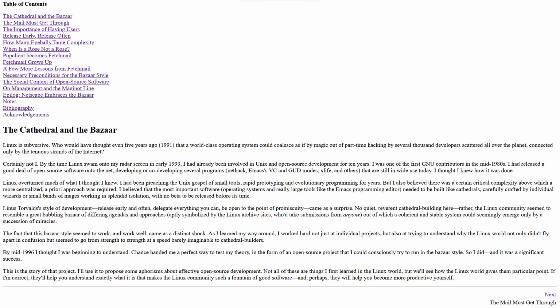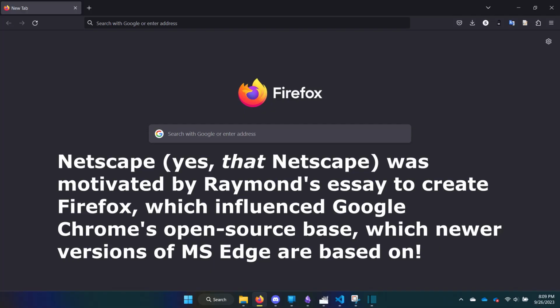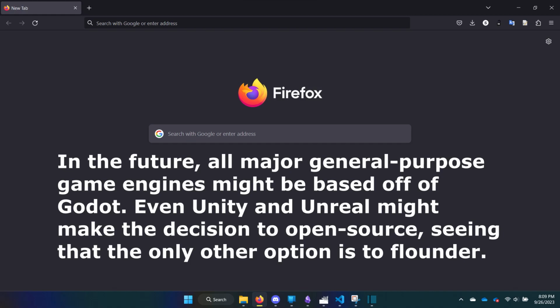If you're skeptical, see this essay by Eric S. Raymond, one of the hackers who led the open source versus Microsoft war in the 1990s. It's thanks to him that every major browser today is built on open source, as well as the internet at large. The same thing is happening with game engines. Hopefully I've convinced you to at least try Godot, but for me and a lot of other game developers, there's